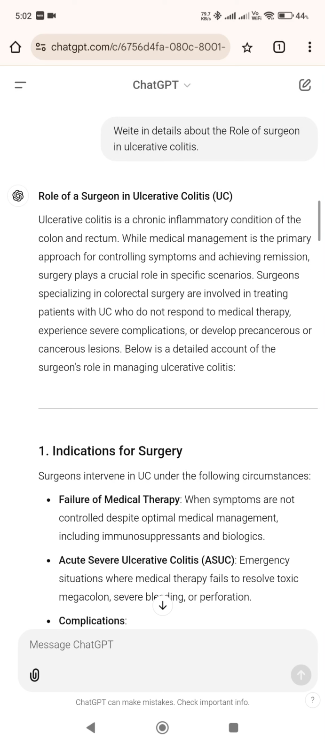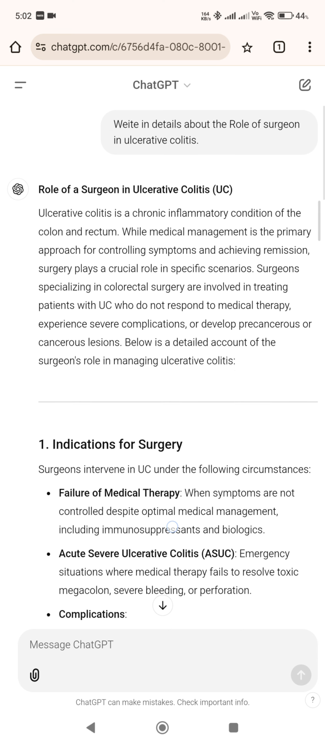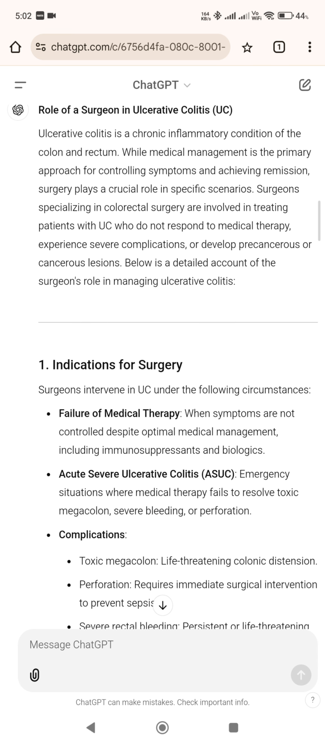Role of a surgeon in ulcerative colitis, UC. Ulcerative colitis is a chronic inflammatory condition of the colon and rectum. While medical management is the primary approach for controlling symptoms and achieving remission, surgery plays a crucial role in specific